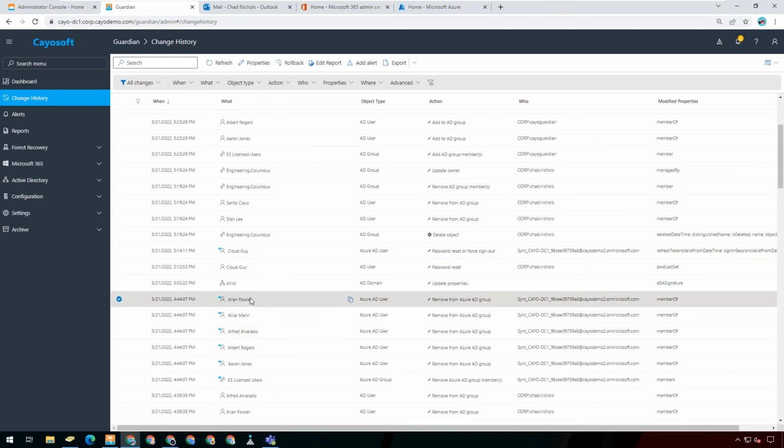So if I delete an on-premise user and that gets replicated to the cloud, or a group that gets replicated to the cloud, or I just change the membership inappropriately on-premise, when we do our restores, we can also then call Azure AD Connect and make sure that data is synchronized up to Azure, so that we've made a full restore of that information, not just the on-premise piece, and then you have to wait an hour or 30 minutes till your sync cycle comes around.